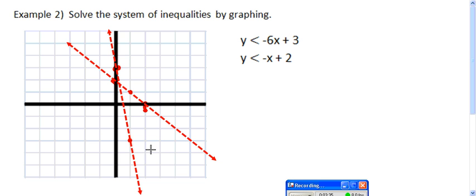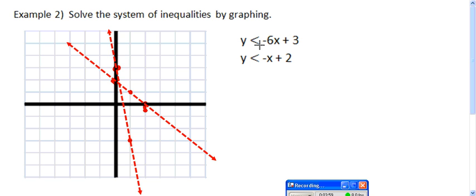Again, I have 4 regions. Here's one region, second, third, and fourth. I need to figure out what region I need to shade. I can go ahead and use the test point where I pick a point in a region and plug that into the equation. Or you can use the